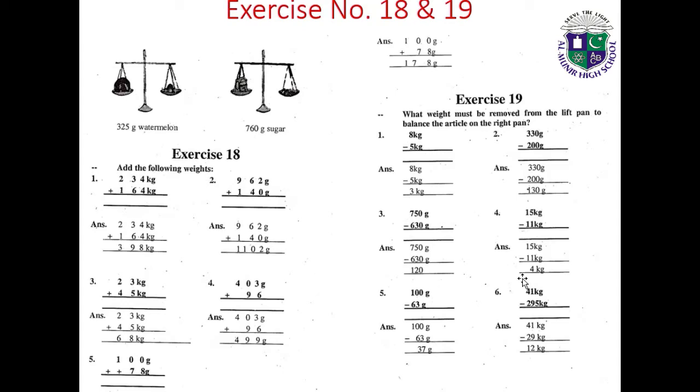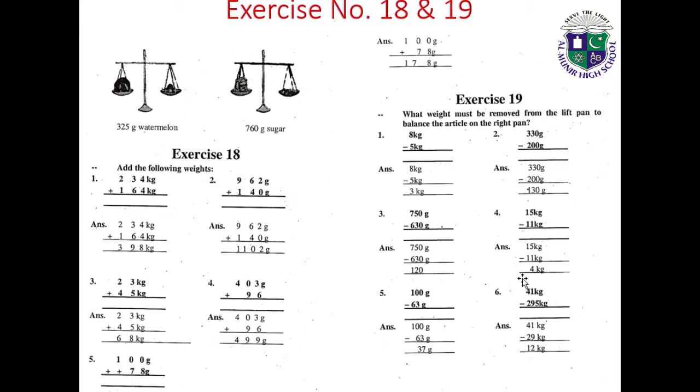962 gram plus 140 gram. 2 plus 0 is 2, 6 plus 4 is 10, 0 and 1 carry, 9 plus 1 is 10, 10 plus 1 is 11, so 1102 gram. 403 gram plus 96: 6 plus 3 is 9, 0 plus 9 is 9, 4 as it is, so 499 gram is your